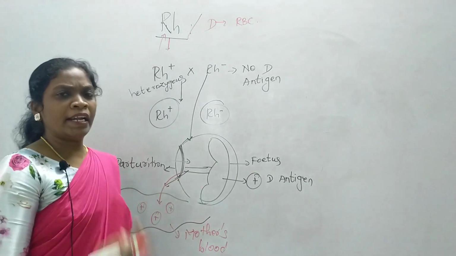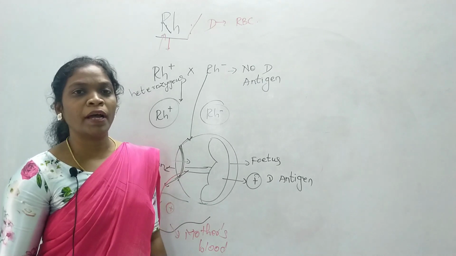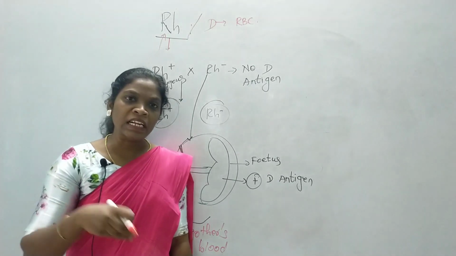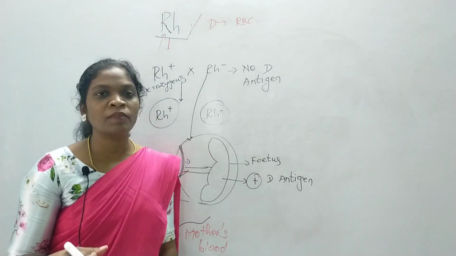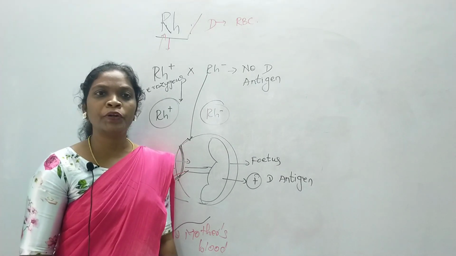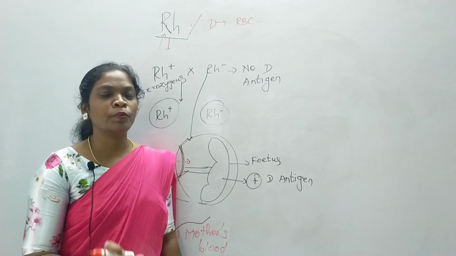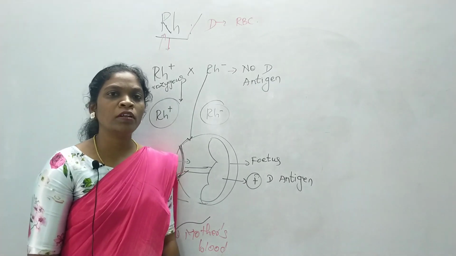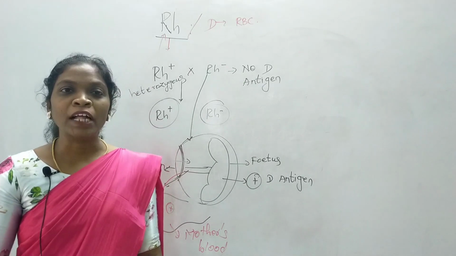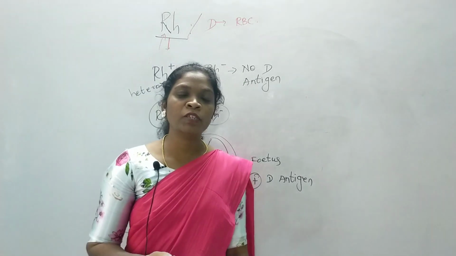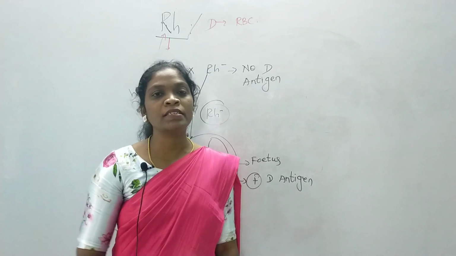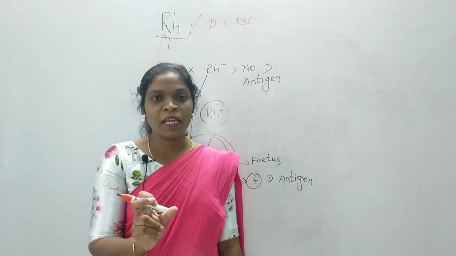If any foreign particle, such as a foreign pathogen or some substance foreign to the body, enters your blood circulation, our WBCs will react and start to produce antibodies. But it takes some time to produce antibodies. In immunology, you may have learnt about the primary immune response. So what is the primary immune response? When a pathogen enters the body of an individual for the first time, the WBCs will take time to identify and neutralize the pathogen. So it takes some time to react.